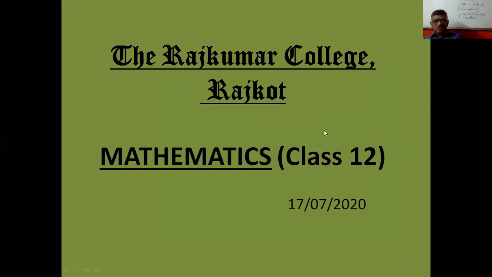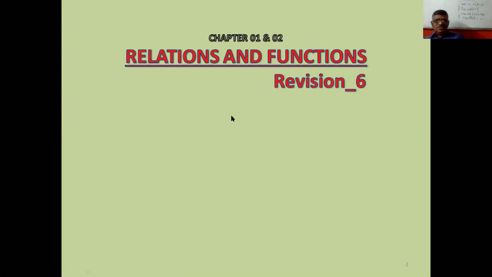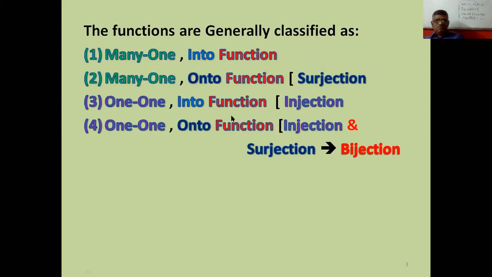Anyway, that is a point discussed, and that's coming at the end of today's session. You will see it is a repetition of one of the earlier days. But I will ask questions also in between. Please watch carefully. There is no need of too much explanation here, because it is a revision topic. I'm just going through all the types of functions: many one into, many one onto, one to one into, one to one onto.